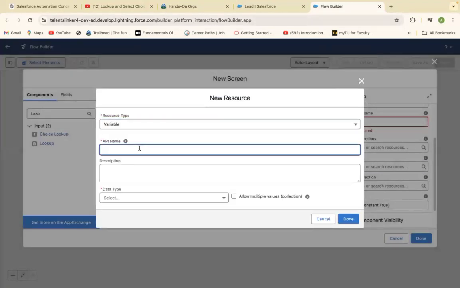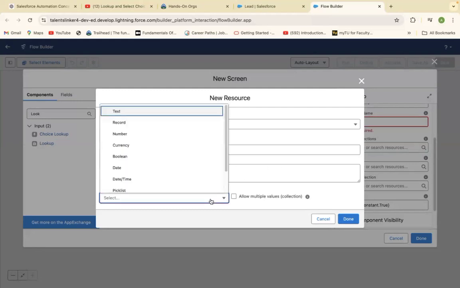Then it's going to be contact. It's going to connect contact record onto the lead record. So the data type is going to be text,